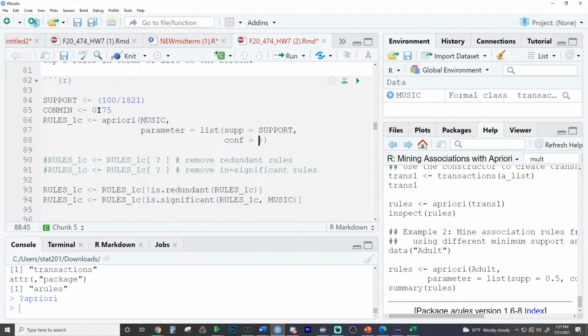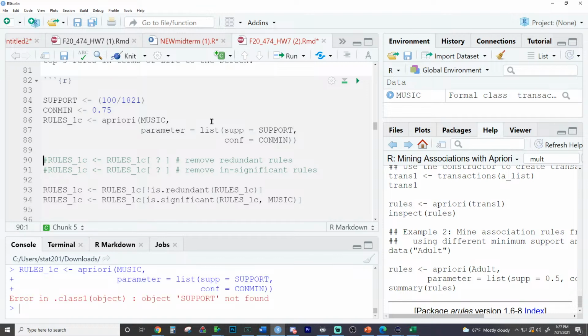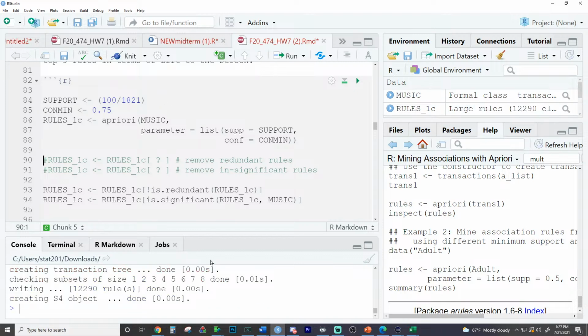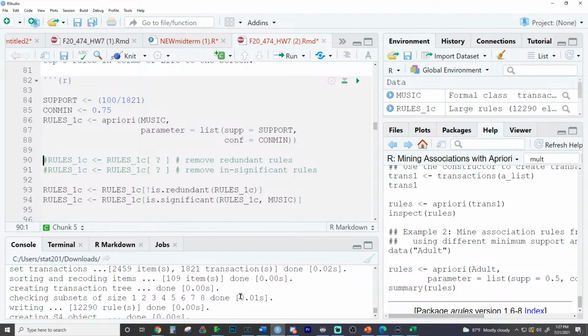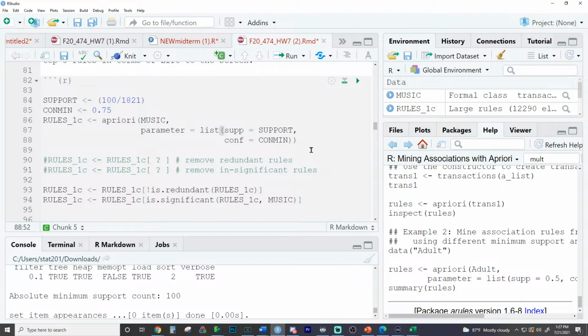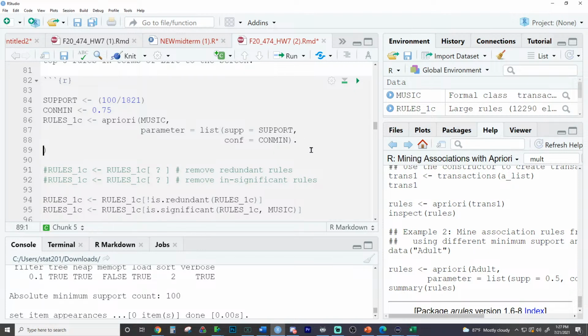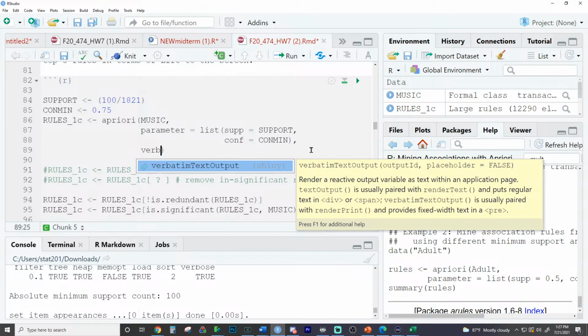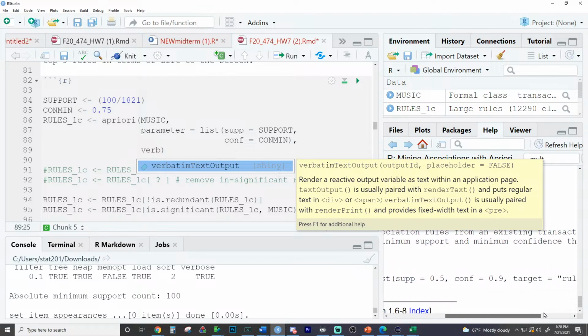I almost just wish these were different arguments. They thought that'd be helpful. I saved this as my confidence minimum. You could literally just take these values and put these values inside of here like that. Same thing. I just called them outside, so maybe I can manipulate them, especially when I make a Shiny app. Object support not found. Oh, haha. Let's run those. There we go. And we didn't turn verbose to false, so we get all this extra output. So we saw this in today's code. The verbose, so you didn't see it off, or you didn't see it like that. It's not verbose. Really, your autocomplete's not going to do it?